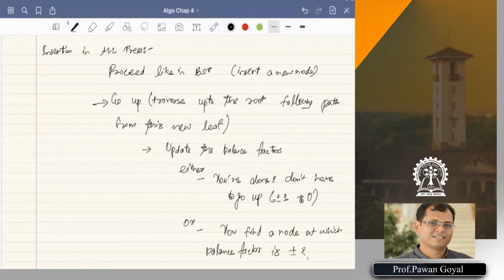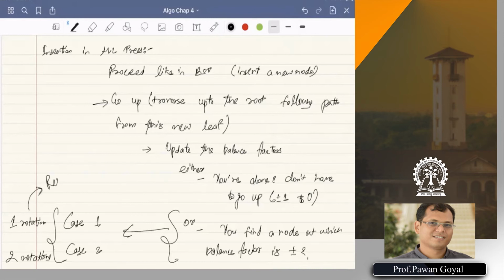And then what we found in this case, there can be two cases, case 1 or case 2, and we found both the cases. In both the cases you can do one rotation or two rotations, and as soon as you do this, you restore the balance and don't even have to go up.